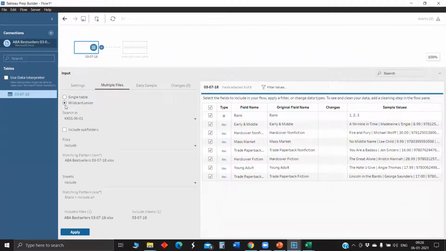If you have multiple tables, then you just click wildcard union, and whichever tables you would like to include, you can select include, or if you would like to exclude, it's the same case. Next step here, you can select the fields whichever you would like to pass through the flow.